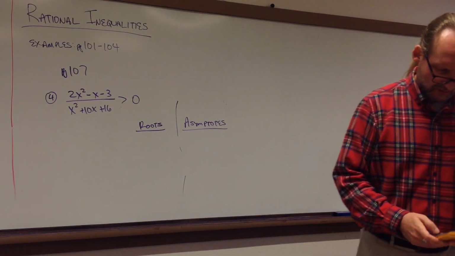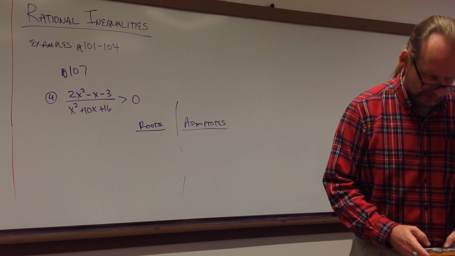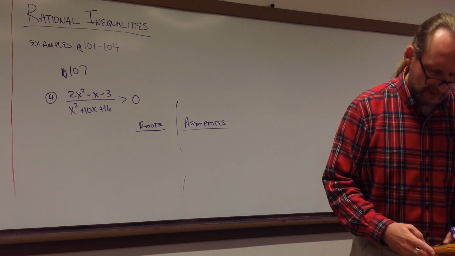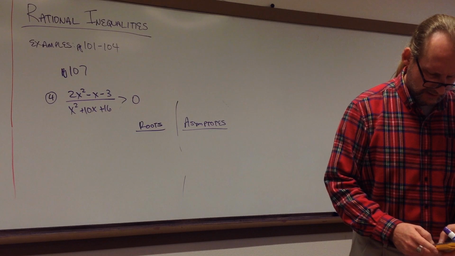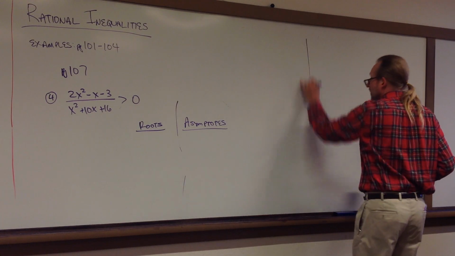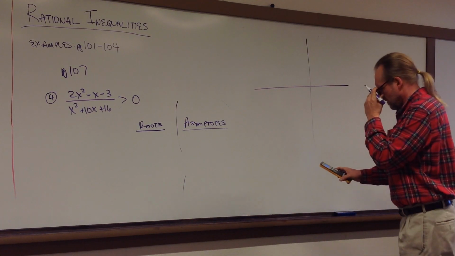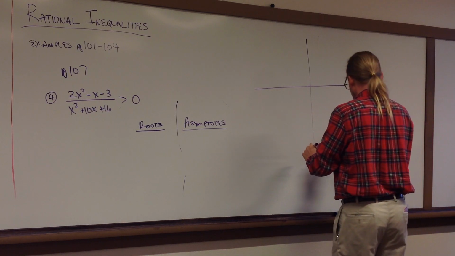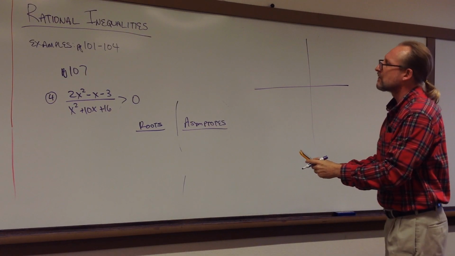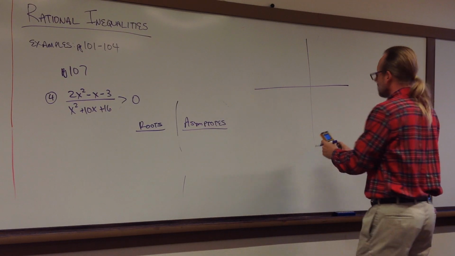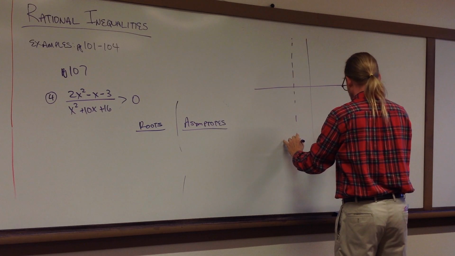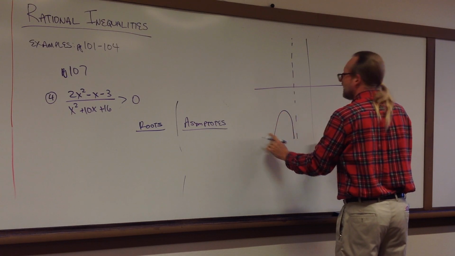Okay, so let's go ahead and put that in the calculator. 2x squared minus x minus 3 on top, x squared plus 10x plus 16 on the bottom. And then I'll draw a sketch and show you what it looks like on the calculator. Okay, so it looks like we've got an asymptote right here. Let me make sure I entered that correctly. Okay. So we've got an asymptote right here, and then the graph is doing this, and we don't see anything